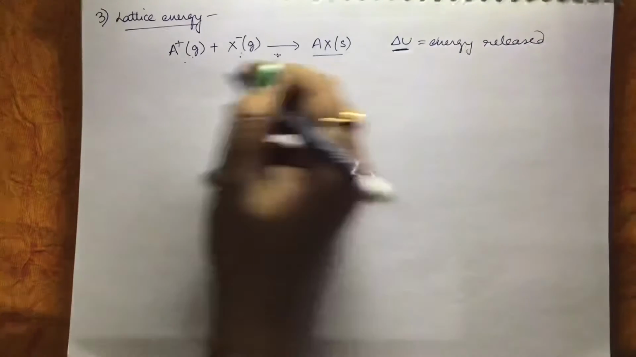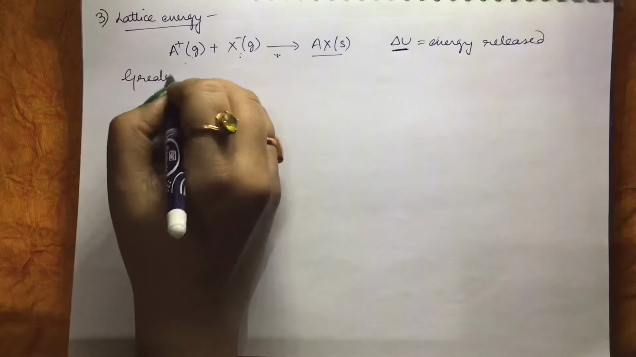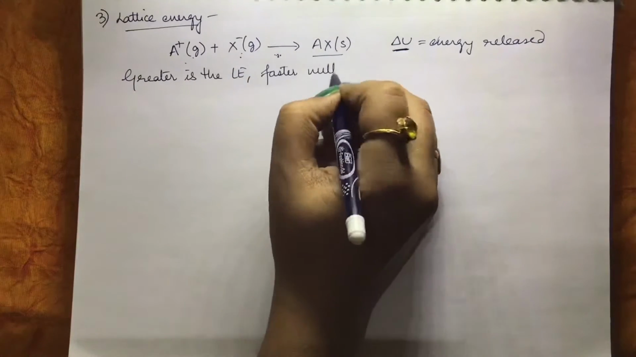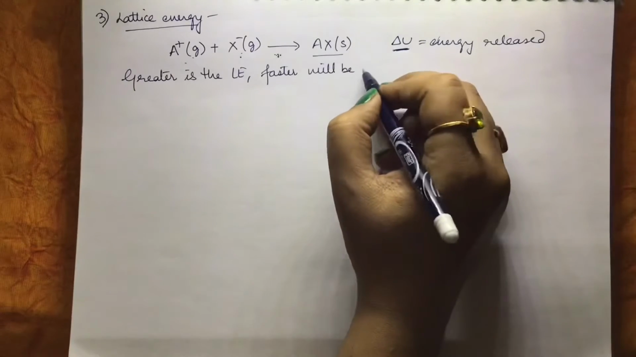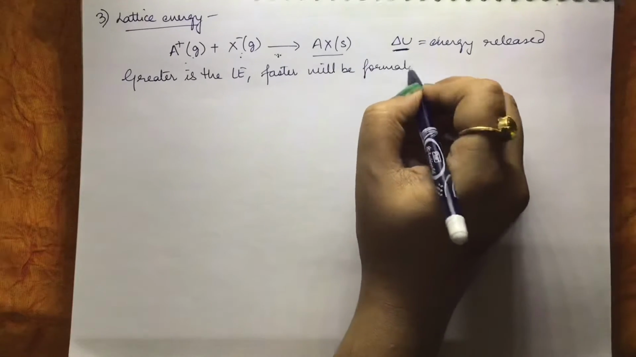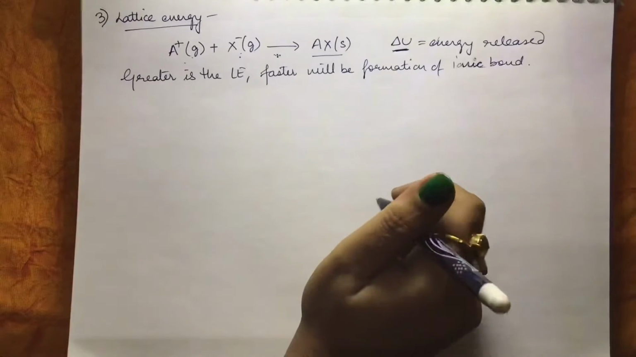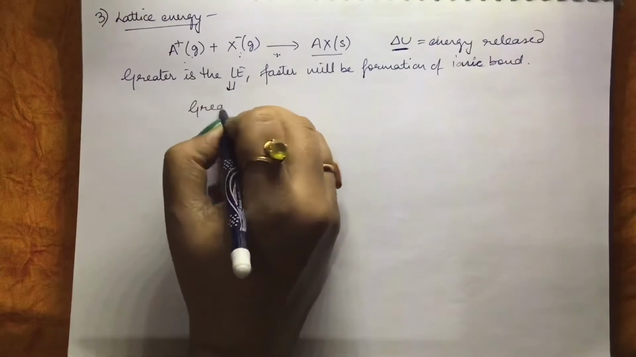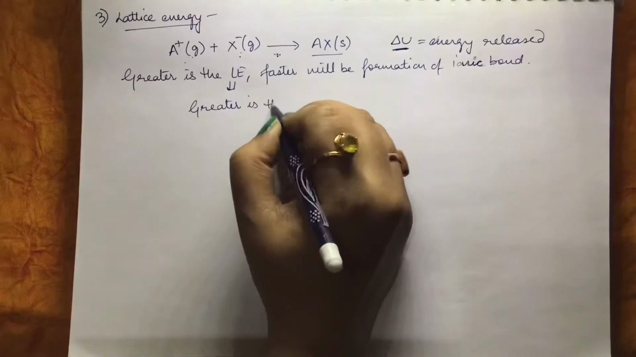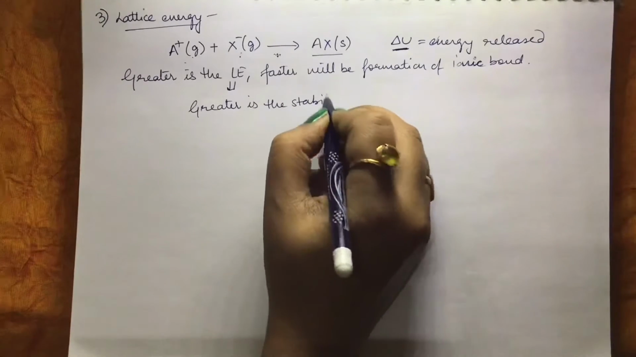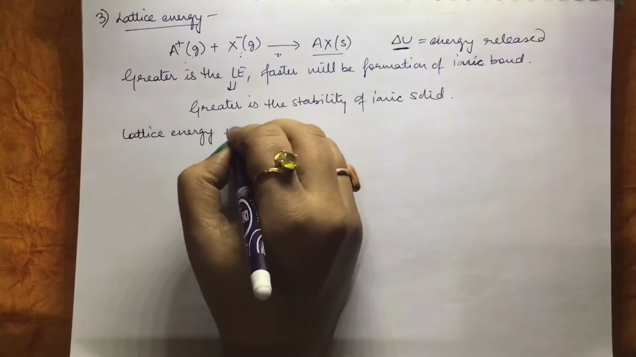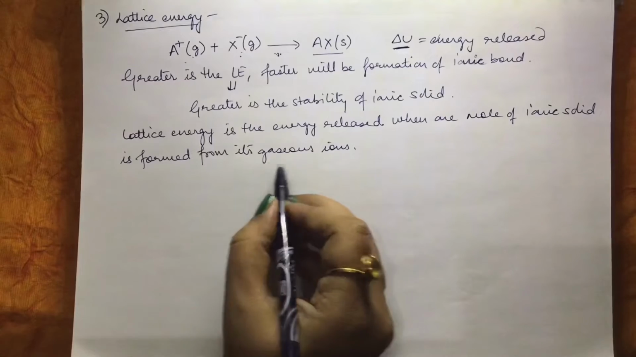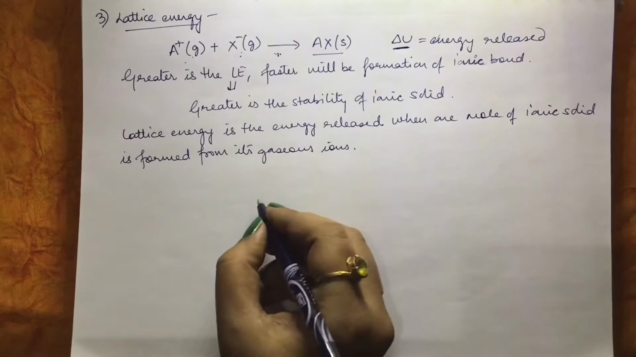So we can say greater is the lattice energy, faster will be the formation of ionic bond. Or we can say greater is the lattice enthalpy, greater is the stability of ionic solid. Lattice energy is the energy released when 1 mole of ionic solid is formed from its gaseous ions. So for example,